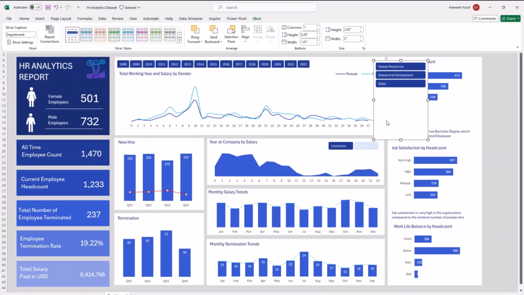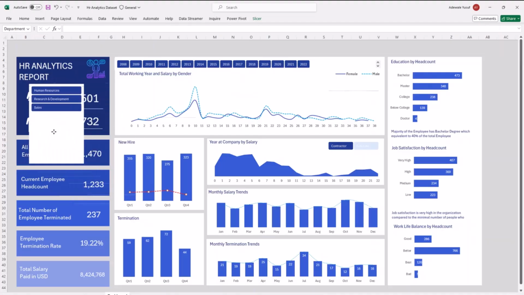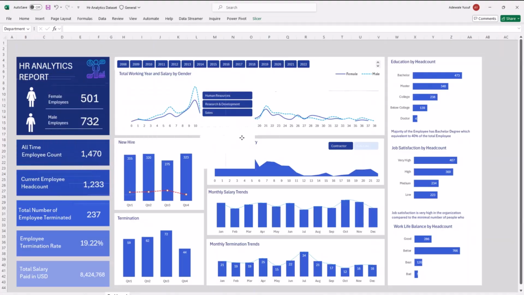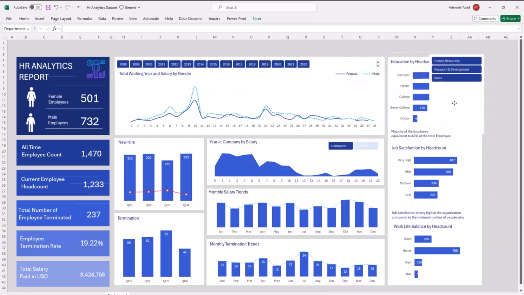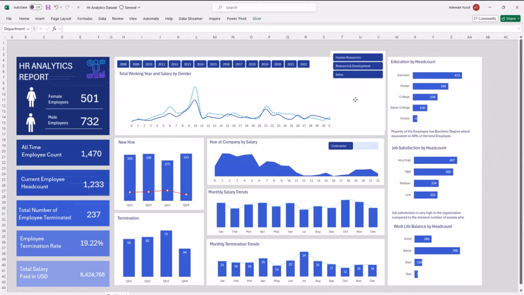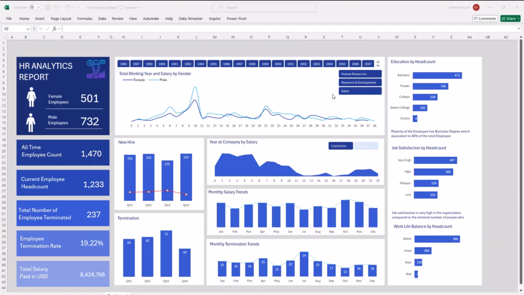Then I will also use my slicer style, which is this one. Then I can look for where to put my department slicer right now. So I can actually create a space for it down here. I can also create a space for it beside here, or I can even create a space for it here. So it depends on how you want to create a space for your department, basically. So you can align your department slicer perfectly like the way I did here. I just put it side here. I think this is where I decided to put it at the end of the day. You can put yours anywhere you like.